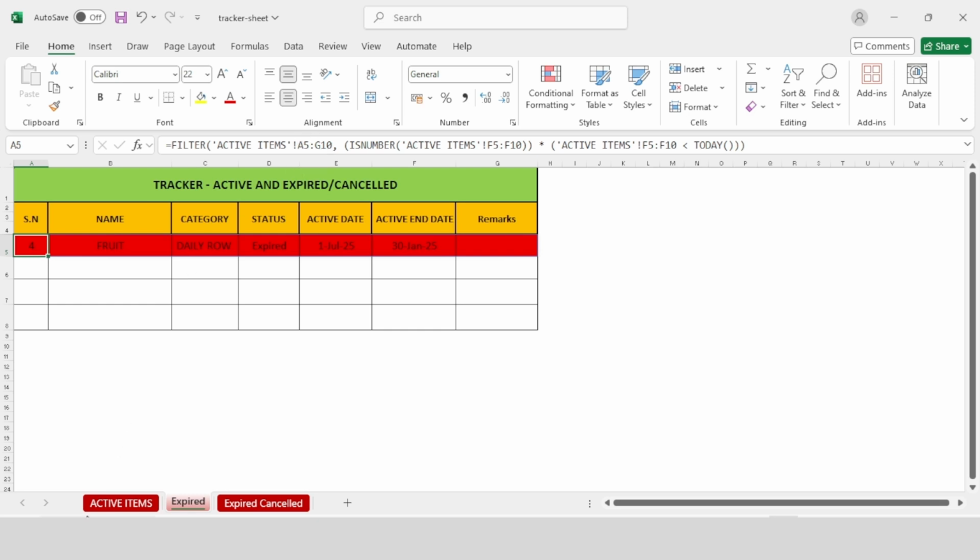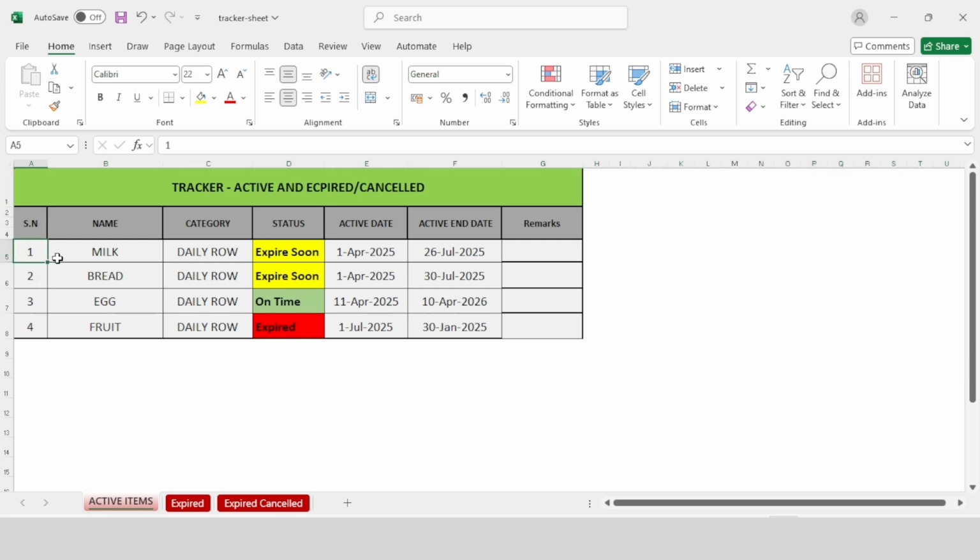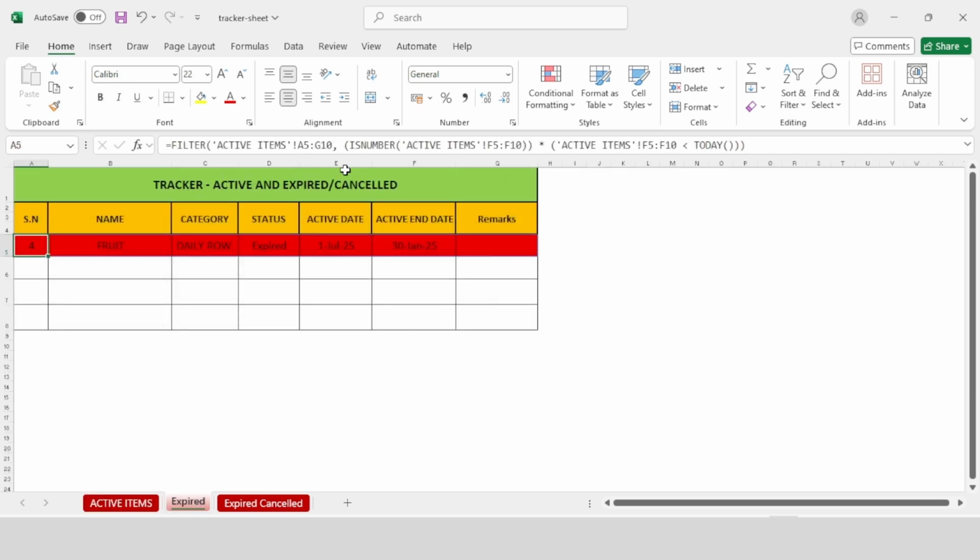This address you will basically have to take from here, because your data is starting from A5 up to G10, G8, whatever. So I used G10 actually. Up to your data might be here Q60, Q100, something like that. So whatever you have, just give the exact one. Clear? Then ISNUMBER. Number means, because if you do not give this,